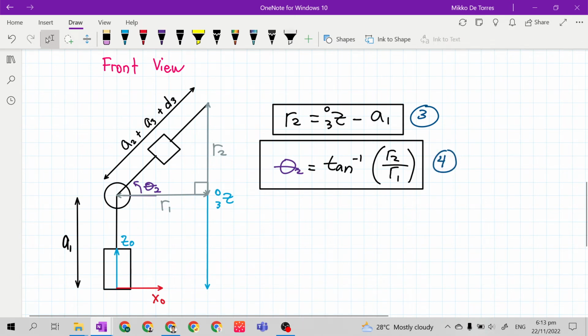At the number 4 equation, we have now the joint variable theta 2. So our only problem is the joint variable d sub 3. To find the joint variable d sub 3, we will use the Pythagorean theorem. So we have here a sub 2 plus a sub 3 plus d sub 3